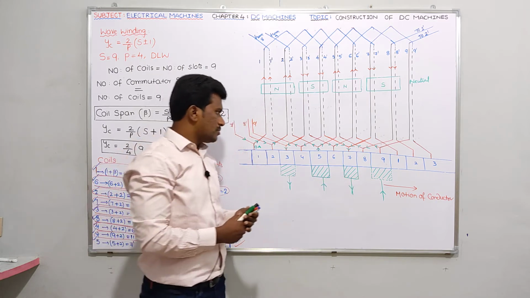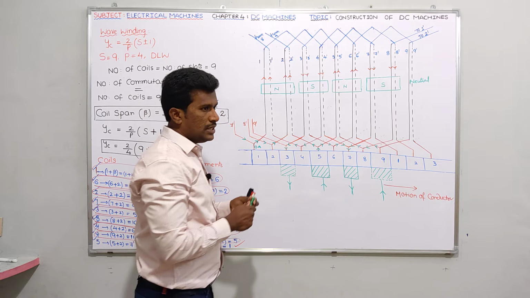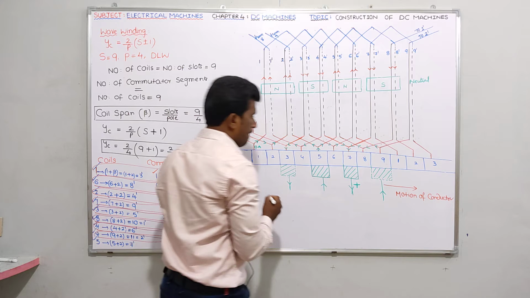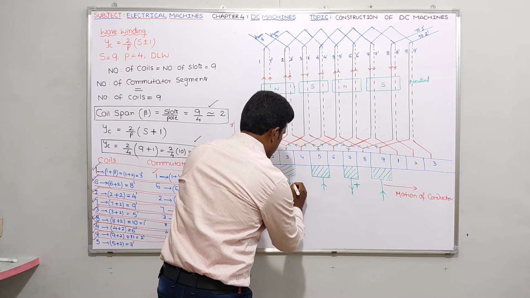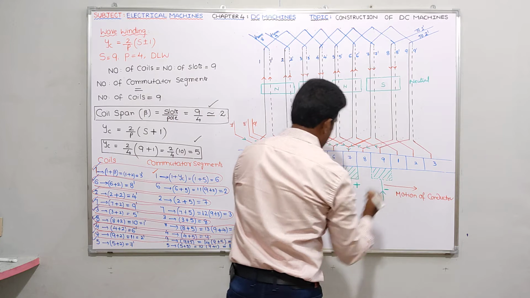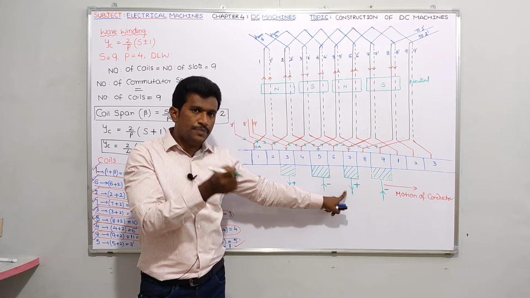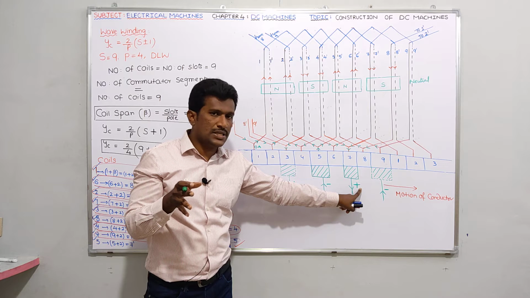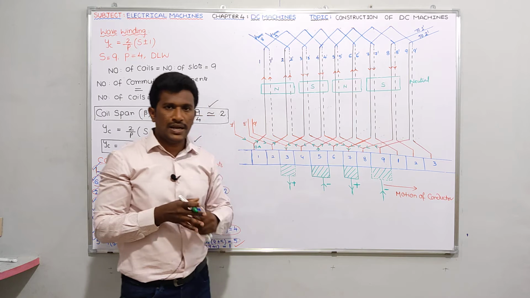Okay, guys. Now see, wherever current is leaving, I will take that as a positive brush. Entering, let me take as a negative brush. If you see the previous video, I told you that whenever current is leaving from the brush, from the generator point of view, we give the polarity for this brush as plus. Whenever current is entering, we take it as minus.